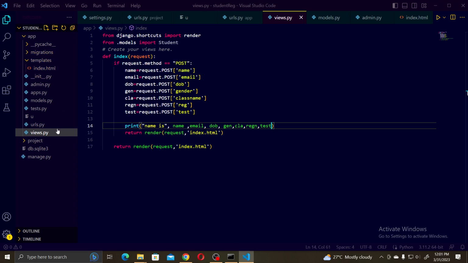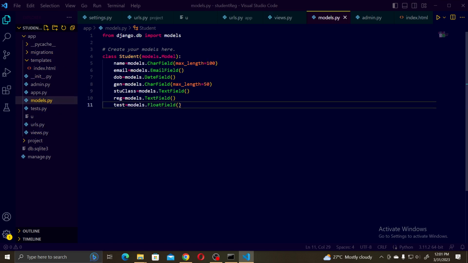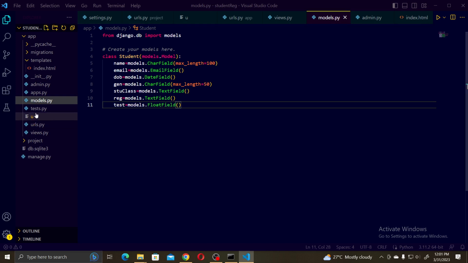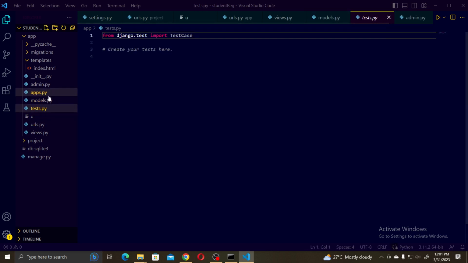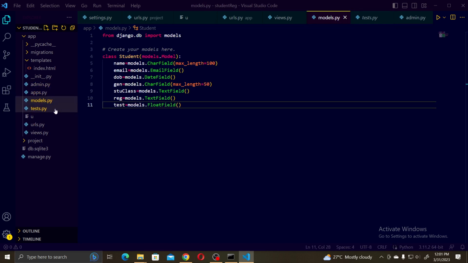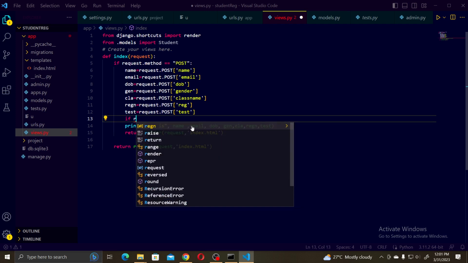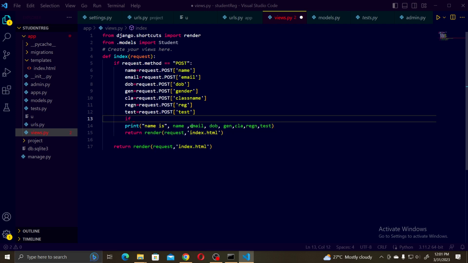So go to model. Here test score, it is a floating number. Max length you can also use, and here just test score. Go to views.py. Now if test score, it is a number. So test,